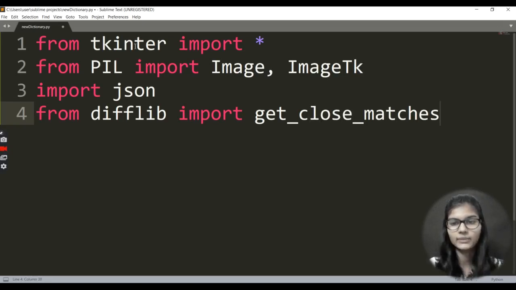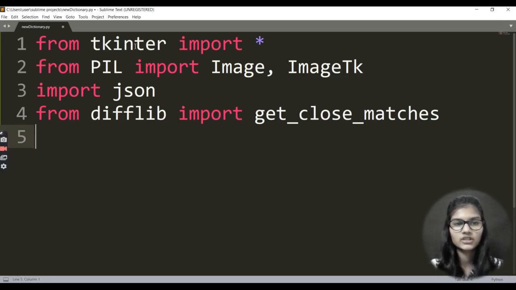That will basically be helping us in getting the correct spelling of that word from the incorrect spelling of that word, and after that, it will get us the correct meaning of that word, right? So this get_close_matches will actually help us do this, and it basically comes under the DIFFLIB library. So I just imported that. Right, so these are all the four things which we'll be needing in making our project for today.